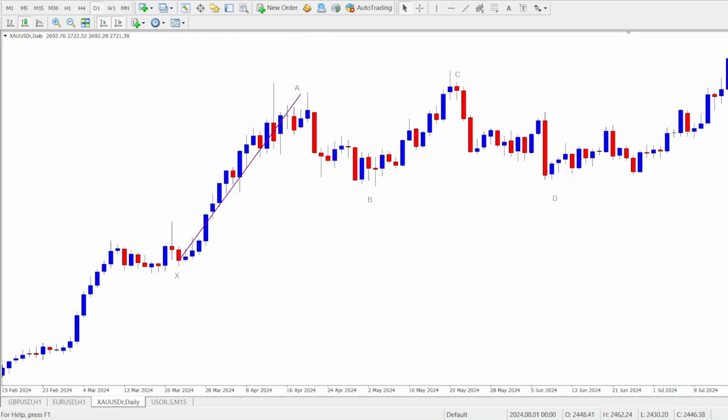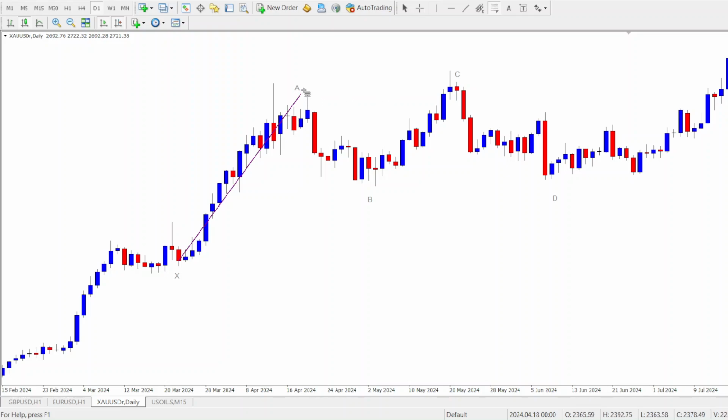Okay. Now the bat pattern is actually similar to the Gartley, but with different Fibonacci ratios. It indicates different retracement and extension levels. So for the bat pattern, you might want to be taking notes of these retracement levels that I mention, in case you like using such harmonic patterns for your trades. So we still have a point X, a point A, a point B, a point C, and a point D on the bat pattern. But for the retracement from point A to B, it should be